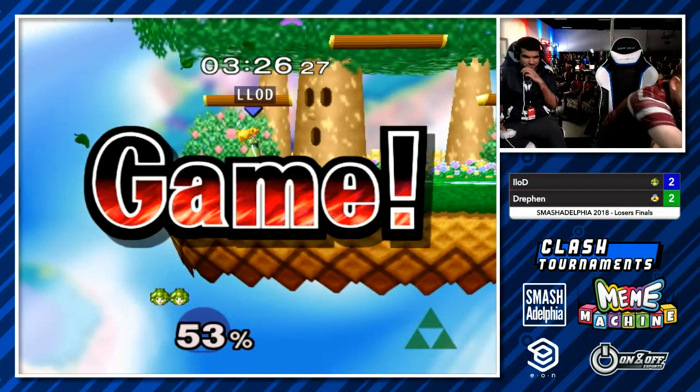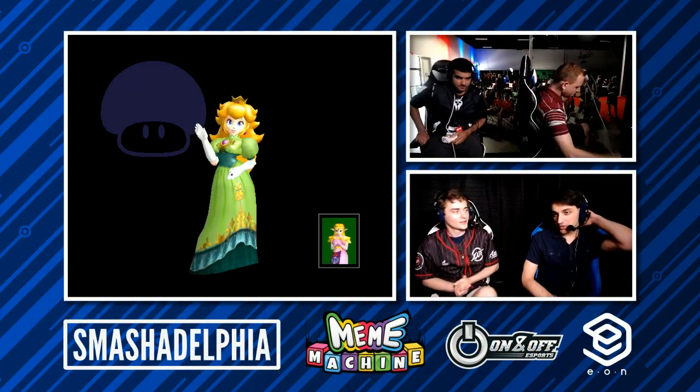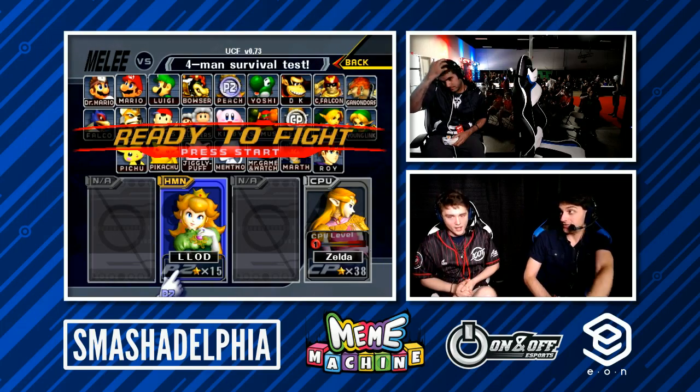Yeah, this time he fares through it, and this could be it for Drephen, who forced a transform to Zelda, but that is it. lloD in Game 5 moves into Grand Finals. And really an impressive performance, not just in this match, but the entire tournament from Drephen. I think exceeded expectations in many ways, even though he's obviously a very